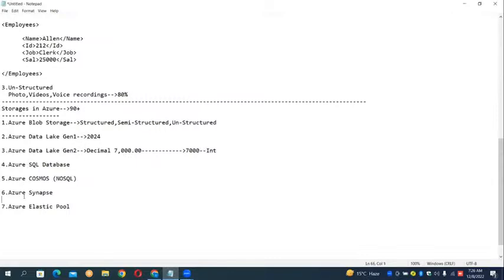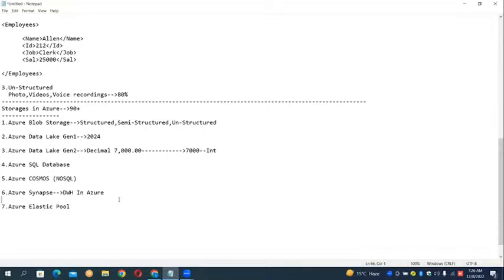Then we have Azure Synapse. Synapse is what is called a data warehouse. The data warehouse of Azure is called Azure Synapse Analytics.